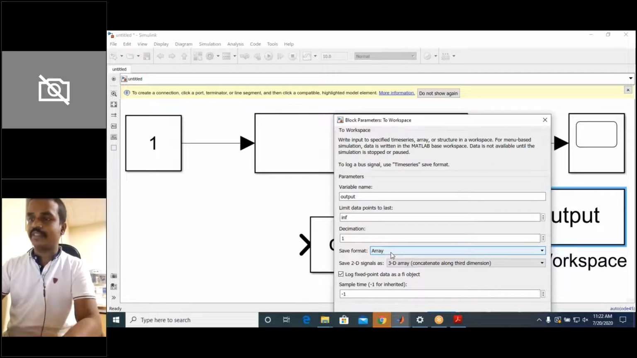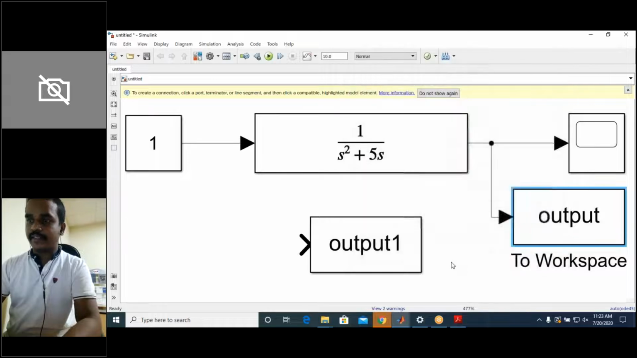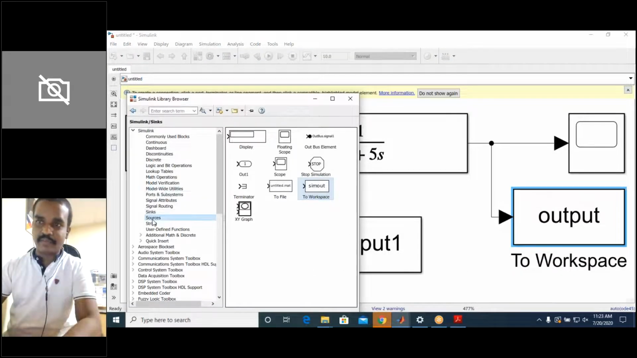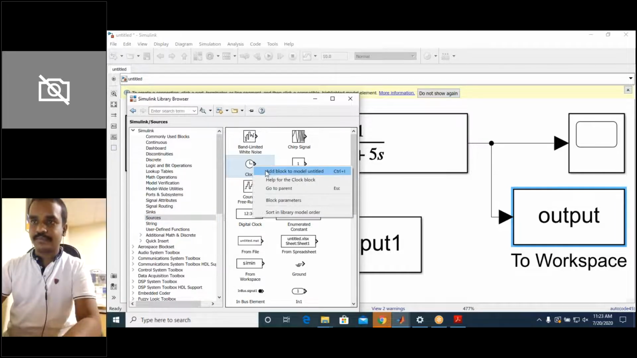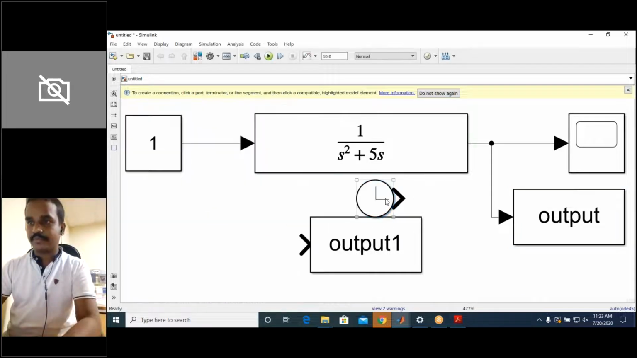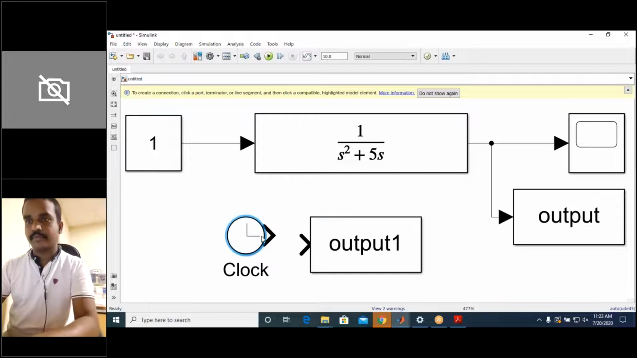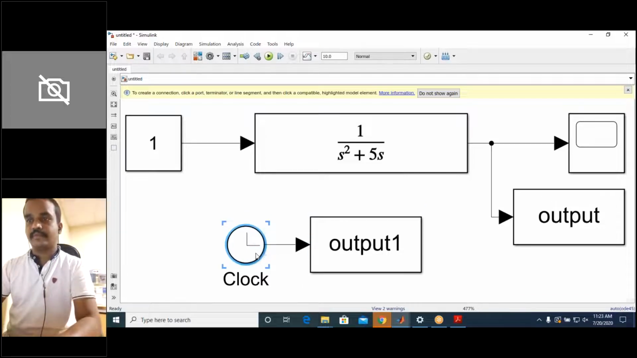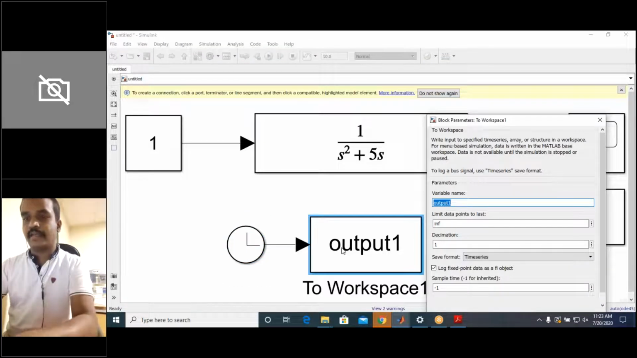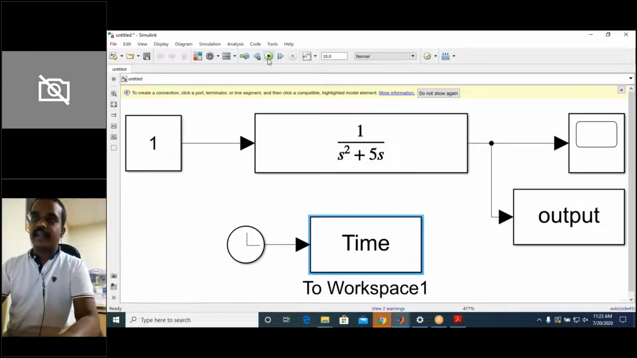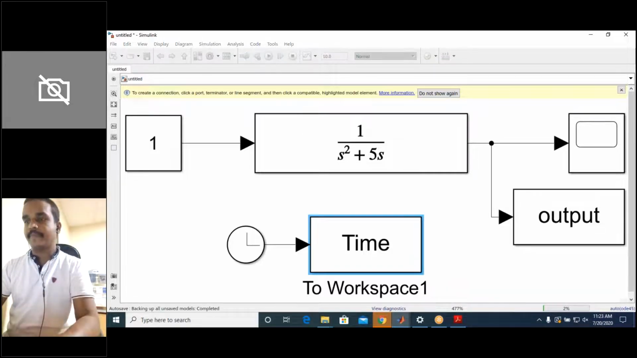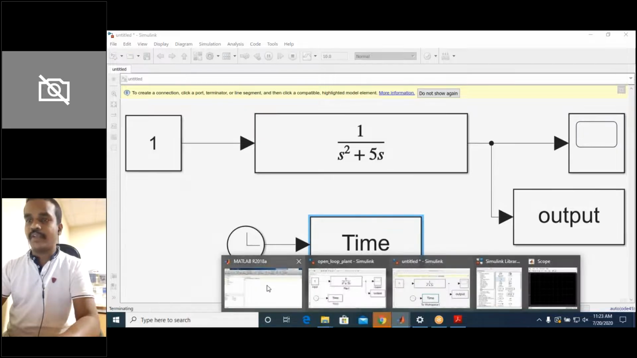Select the array as the option. It will save in the array format. And time is also, you can get it from the source, this clock, add to the block. And this I will say it is a time, time, enter. And I will just run this one. And this small code what you have seen there,